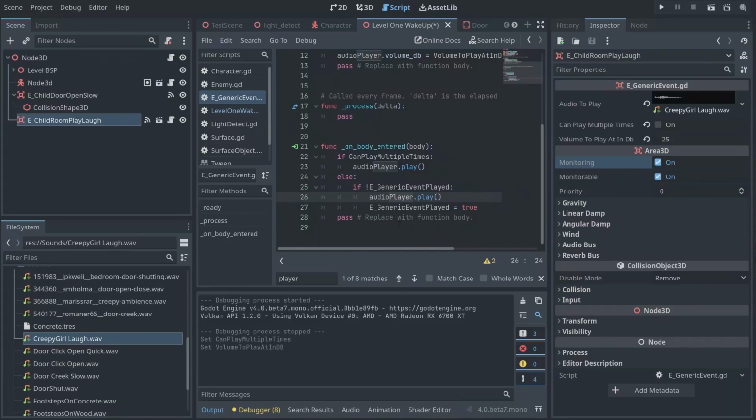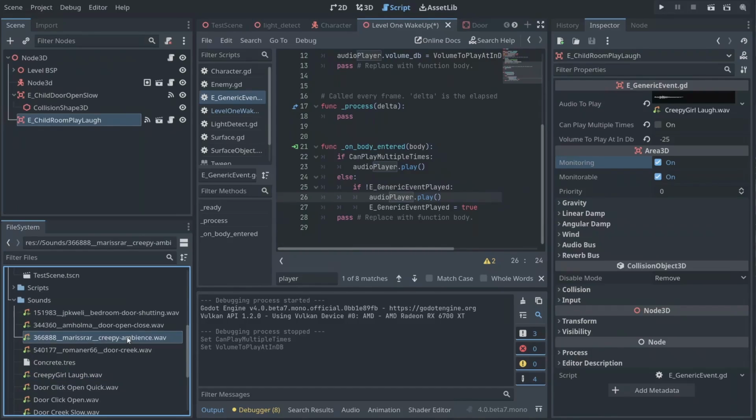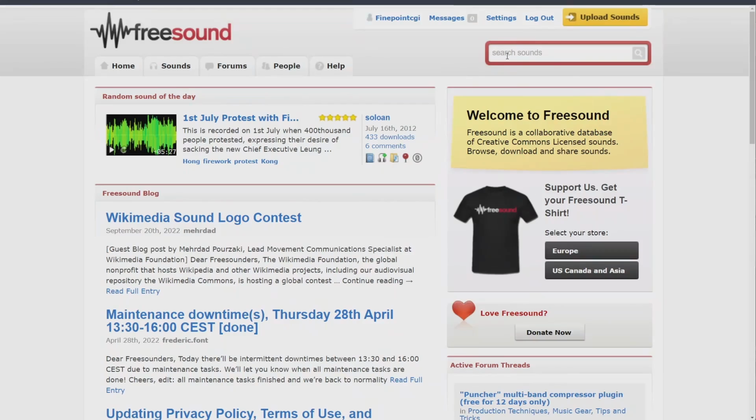Now, from here, let's just add a little bit of background noise for our project. So right now, we don't have any background noise. I do have this creepy ambience that I've already downloaded. So, I have the background noise. But if you guys don't want to use my background noise, you guys can come in here into Freesound and just type ambient